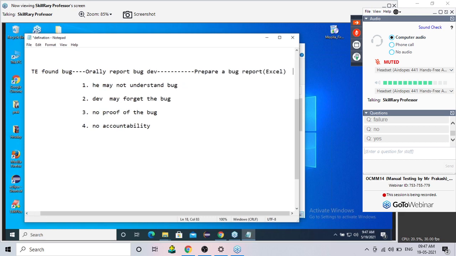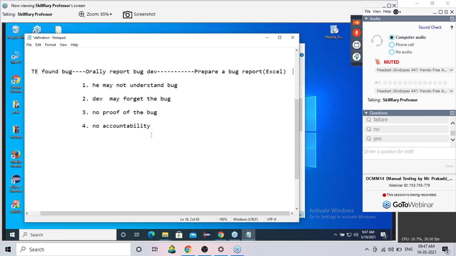Now the question is, what should you write in the bug report? In general, what should you mention in the bug report? Don't tell me bug number, build number, all those things. In general, what is the bug and where is the bug? Perfect, correct. So at the end of the day, where exactly the bug was found, at which position, and whether this bug is important or not. Complete details about the bug should be present in the bug report. But as I said, I'll teach you how to prepare that bug report, so don't bother about this.